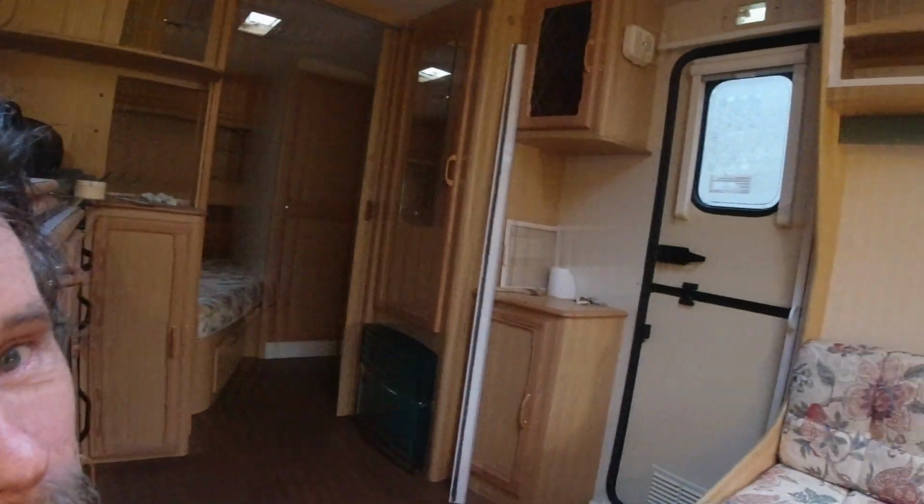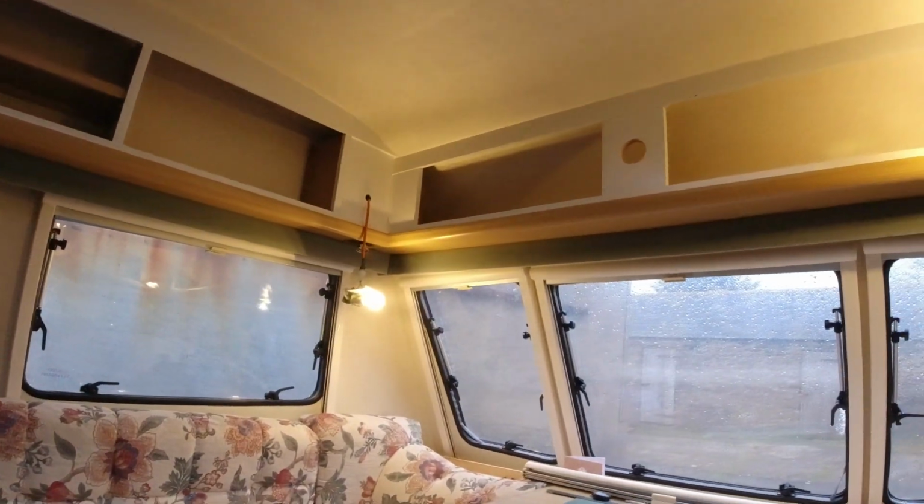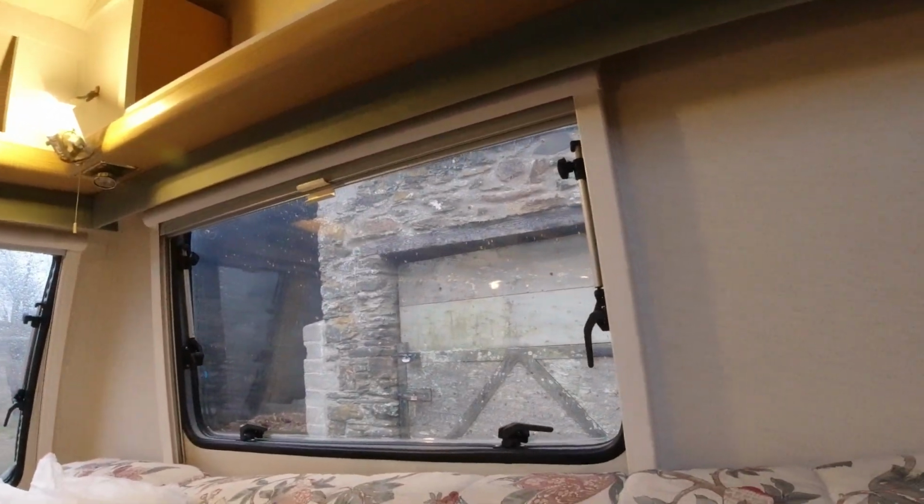And I have just finished painting the cupboards, or giving them a second coat of their final paint. I'm so tired. And I've given the doors a coat as well,